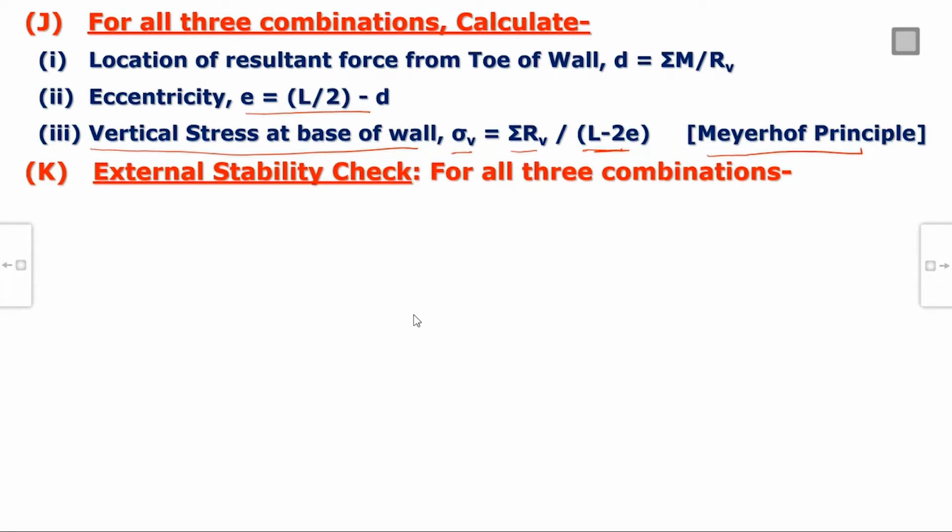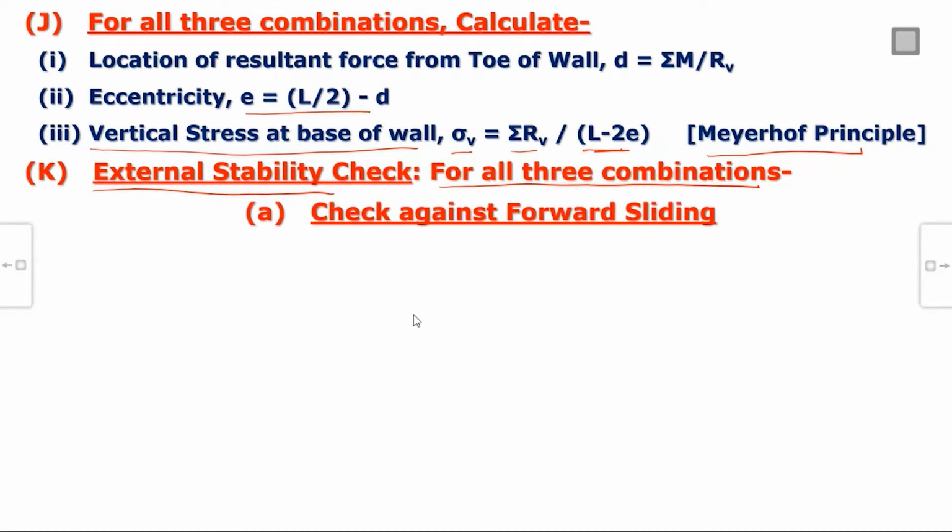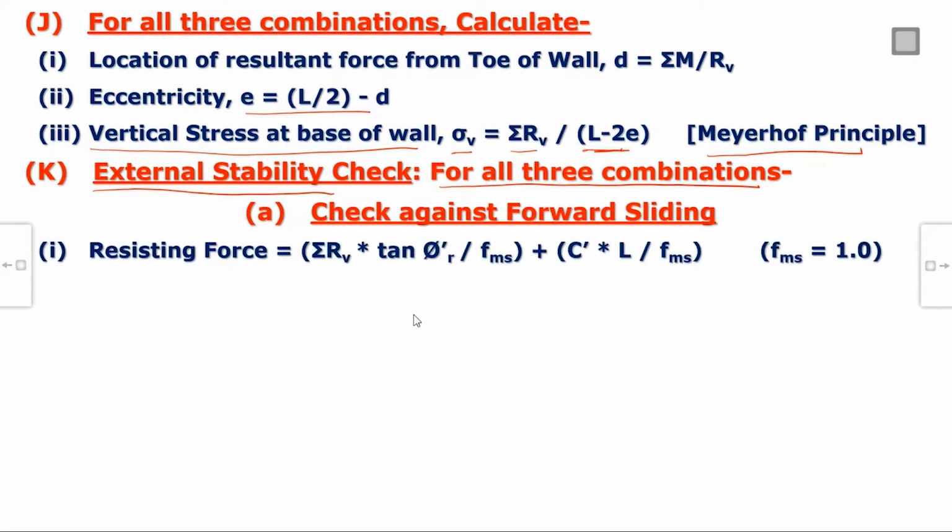So now we will do our 4 checks. External stability check again for all 3 combinations. First let us check against forward sliding. For forward sliding, your resisting force is vertical force sigma RV multiplied by tan phi dash R of retained fill in effective condition, divided by that partial factor FMS, which as per again BS 8006 we have to take 1 for forward sliding. We have to divide it because this is my